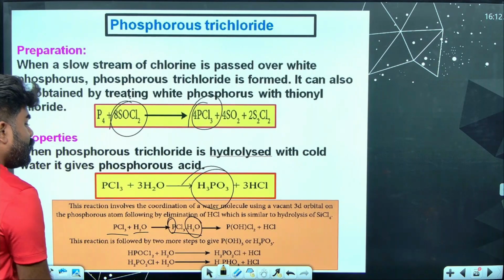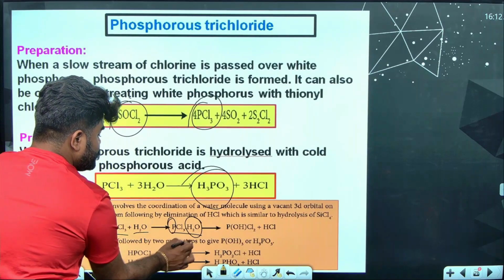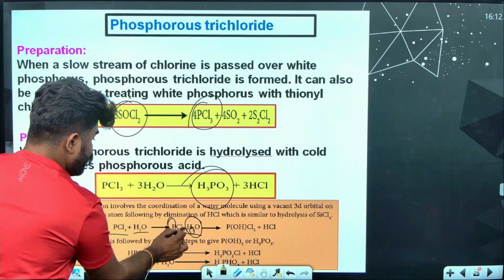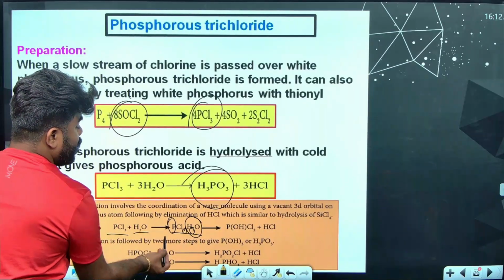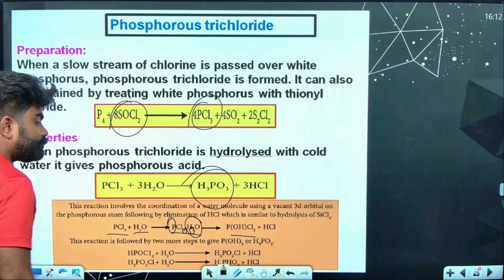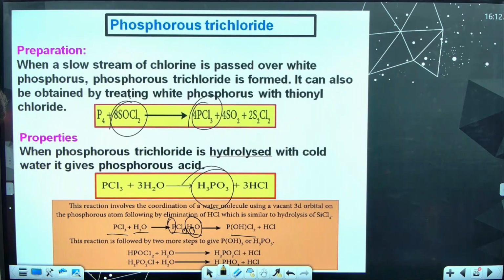Okay, and now இங்கே HCl elimination நடக்குது. அப்போது ஒரு H-உம் ஒரு Cl-உம் வெளியில் போயிடுச்சு அப்படின்னா you will have PCl2 and an OH. இது ஒரு step. Okay, now